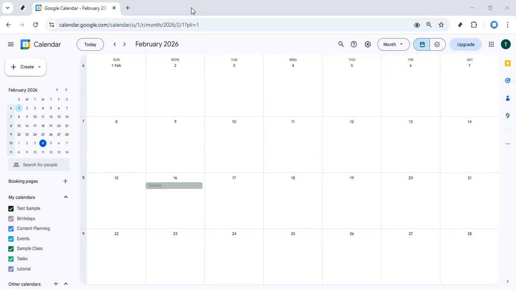Today, I'll show you how to delete calendars in Google Calendar. Whether you're cleaning up old test calendars, removing duplicates, or just trying to simplify what you see every day, this walkthrough will take you through the process step by step so you know exactly what to do and what to expect. First, open your web browser and go to